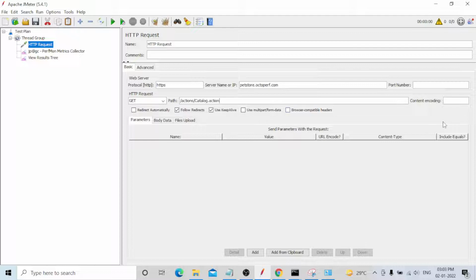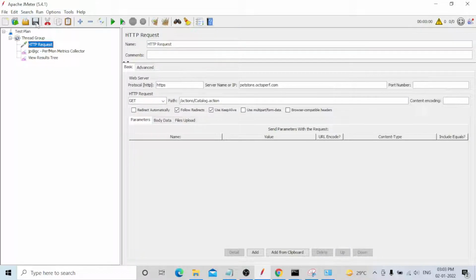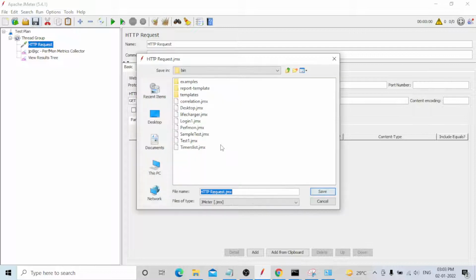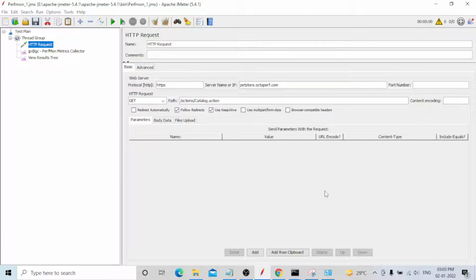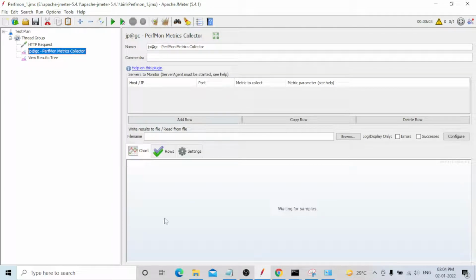Okay, now everything is working fine. I will give only one request, just for checking whether it is working properly. Need to save as PerfMon_1. You need to save, and run that one. Yeah, it's running now. You can see just one request will be sent. There is no response.